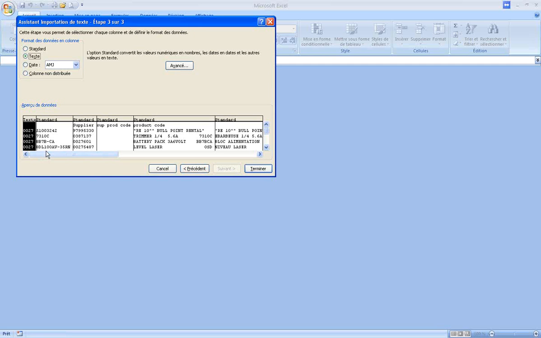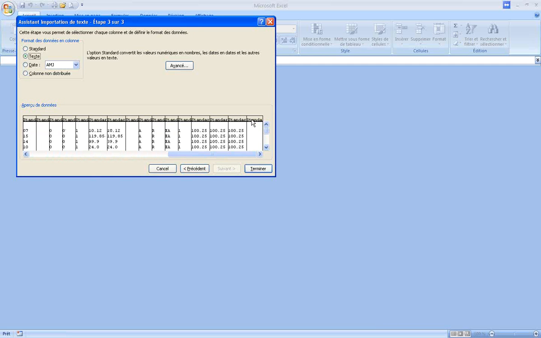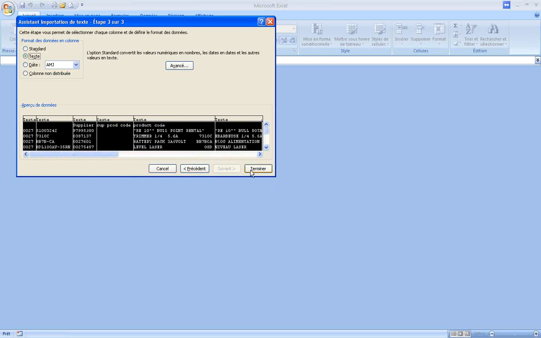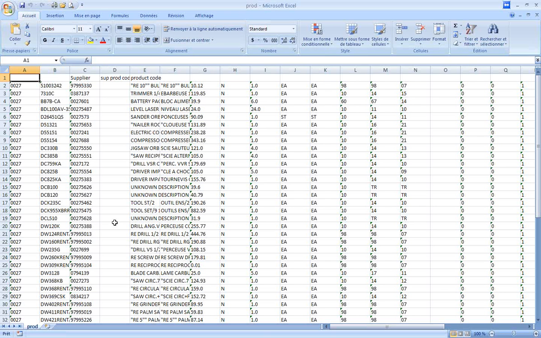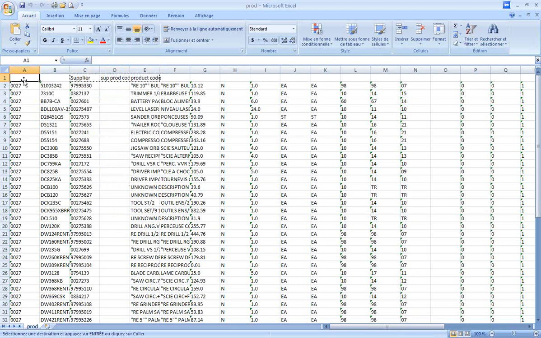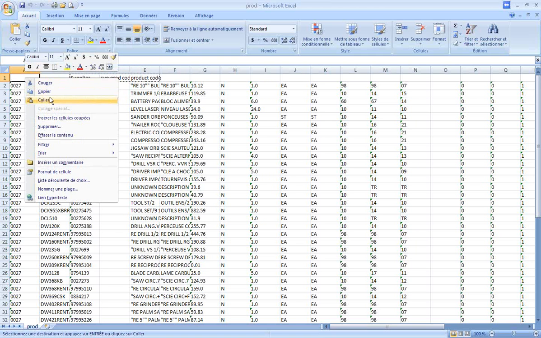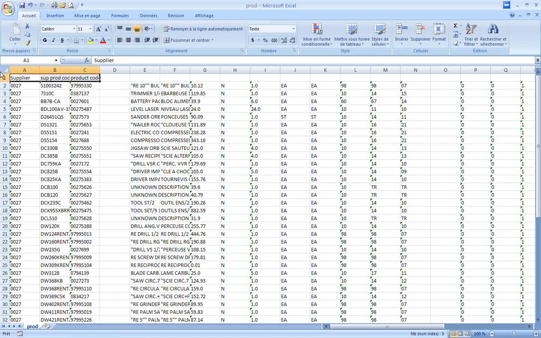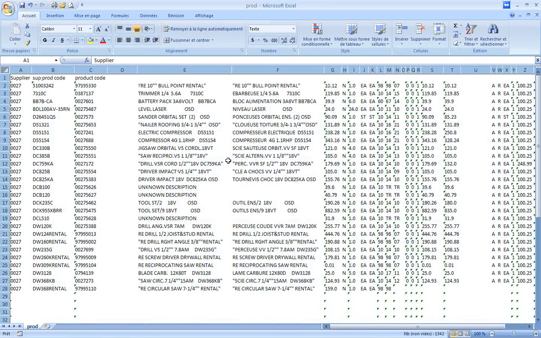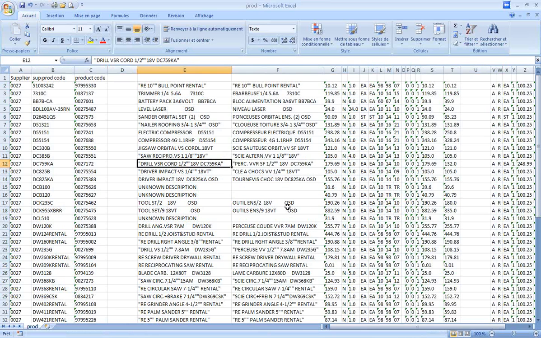So I'm selecting all of those, and I indicate it's text file. Okay, this is one file that I've extracted earlier from another system with real figures. So you can proceed like this with a real system, with a real file,